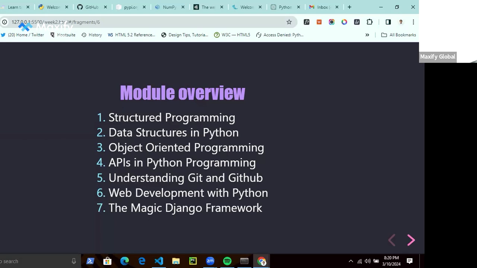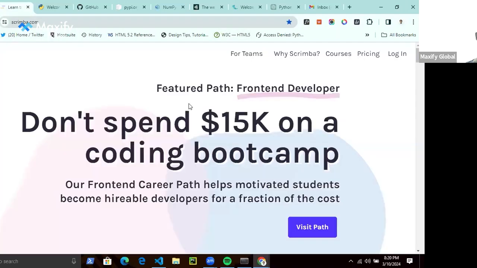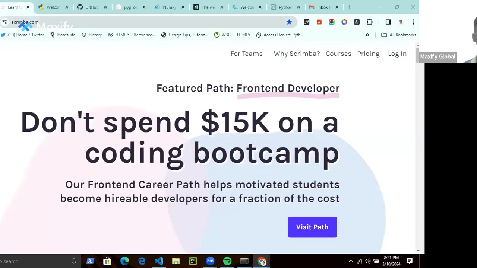Now, the requirement for today's class is going to be very simple. I'm going to drop a link. We're going to be using Scrimba. Scrimba is an online interactive coding tool. I just dropped the link, so click the link and open the Scrimba website.